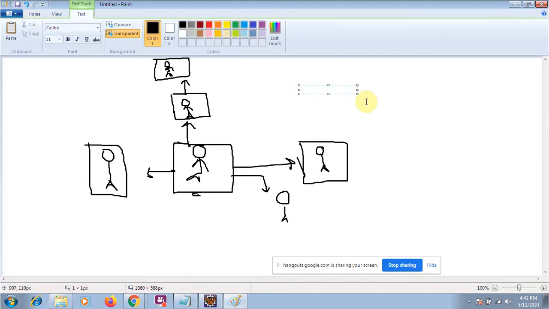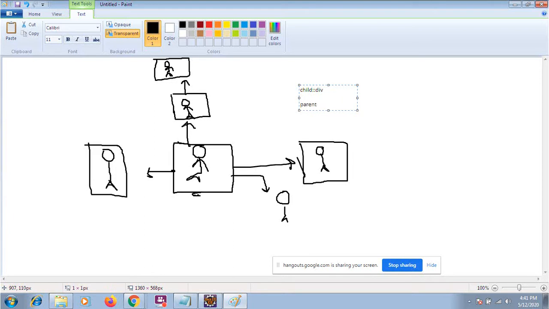The syntax will be very simple. Suppose I am trying to find the child, so I will say child, double colon, and then the tag name of the child. For example, if the tag name is div, then simply we find the child. For example, I am trying to find the parent.